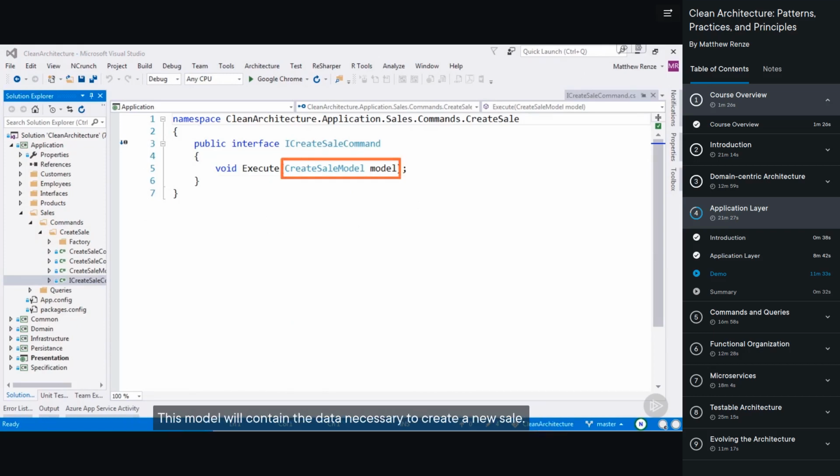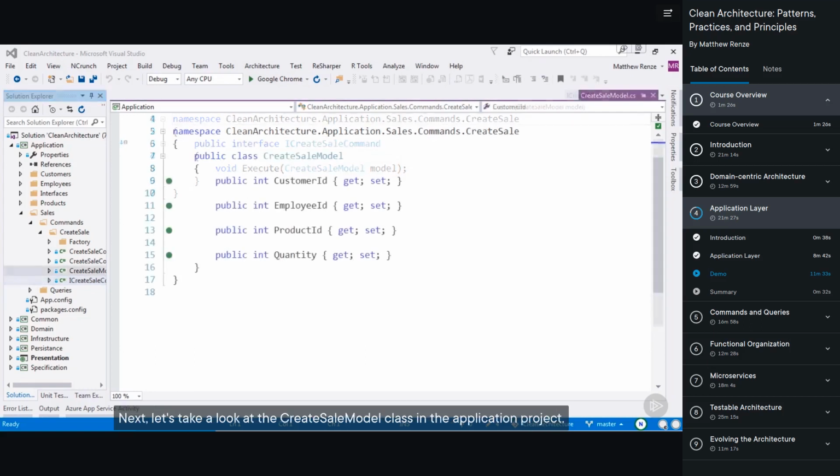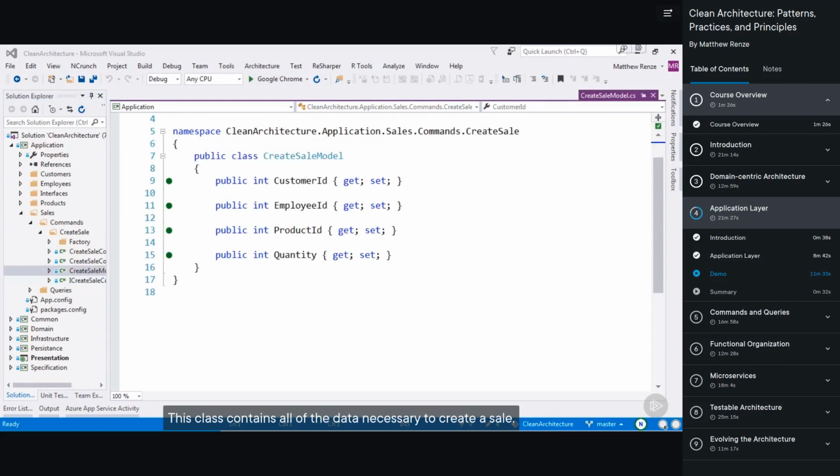This model will contain the data necessary to create a new sale. Next, let's take a look at the createSale model class in the application project. This class contains all of the data necessary to create a sale. As we saw previously, this object and its data will be passed from the Sales Controller into the execute method